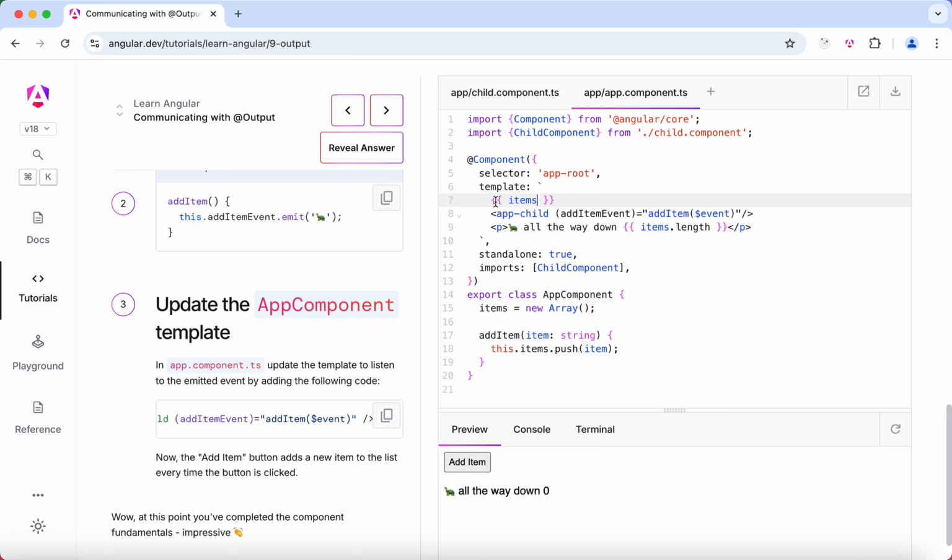Template, website, items here. Yeah, it's not showing it. So yeah, because it's not an array of objects, it's an array of strings. That's why it's not showing. But for that, we'll use that. Let's import the JSON pipe